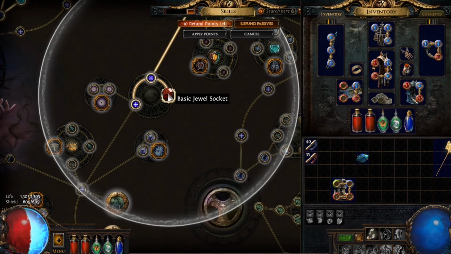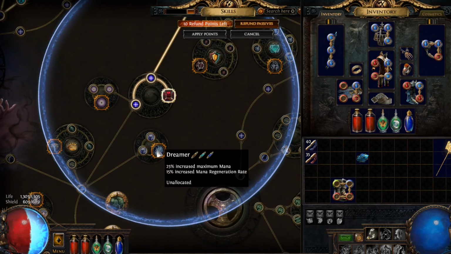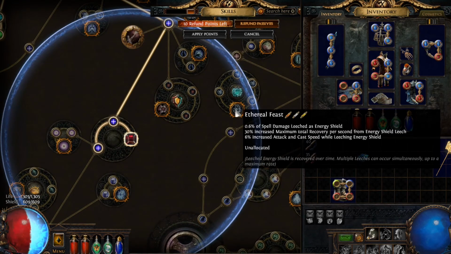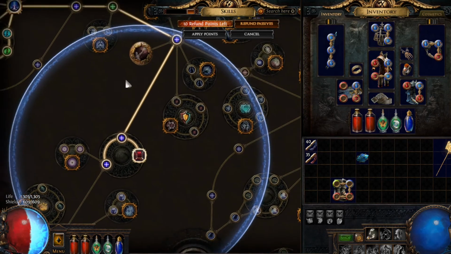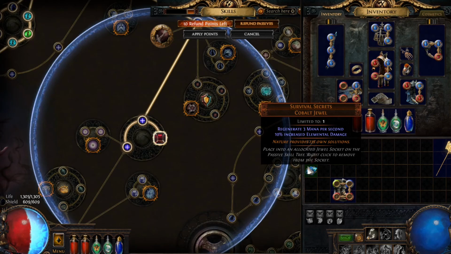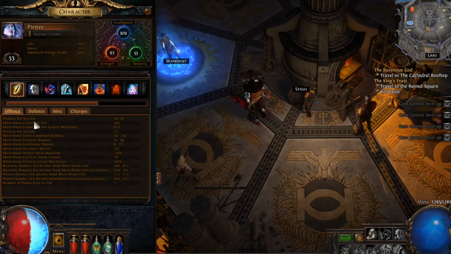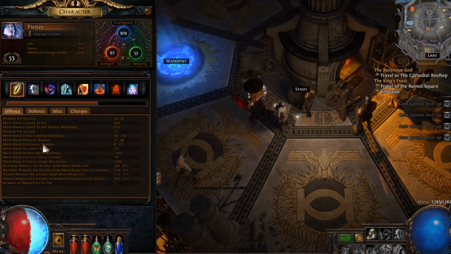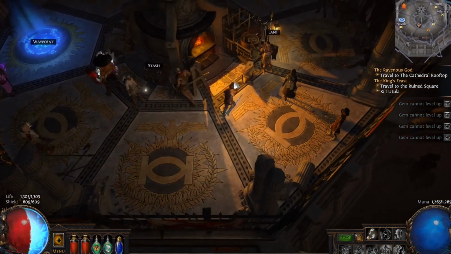Is this okay? So this is saying increases and reductions to other damage types in the radius. Other damage types. I'm not sure what that means. We'll go with it because I don't think this is going to help us out a lot. 3 mana per second and 10% elemental. 10% elemental might not be bad. I don't know what exactly our elemental applies to. Nothing, it looks like. I don't know, that could be a mistake that we just did there, but...